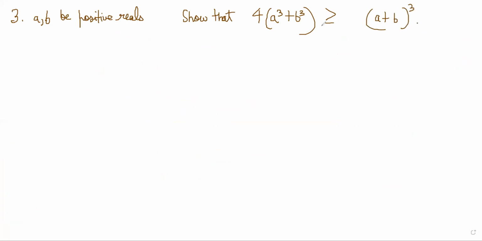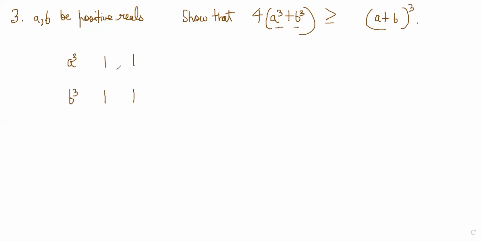Okay, seems pretty straightforward. You could possibly solve it by expansion also, but I just want to show you the power of Holder's here. So I have a cube plus b cube sort of a term. So let me just take a cube and b cube as two terms of my sequence. This is my table that I'm building. So I will do column sum, so it will be a cube plus b cube. Now, what else should I put in here? I mean, there are no other options, there's nothing else that is required. So we can just take 1 and 1 and 1 and 1, right?